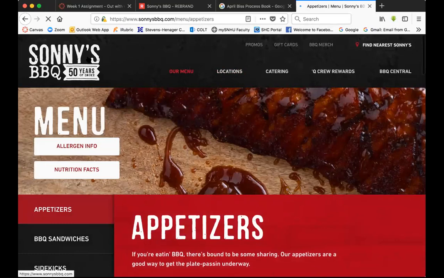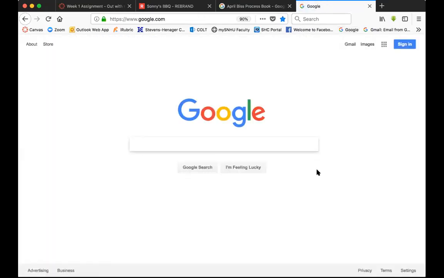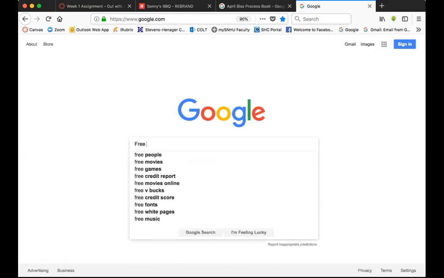I'm going to do a redesign of their older logo, so some of the adjectives that I think of when I think of Sunny's are smoky and sweet and, you know, gritty, outback, some of those words. Now, typeface is really, really important. So if you have a type kit, Adobe type kit, that's great. You can also look up free fonts online.